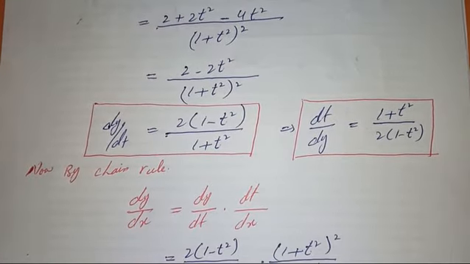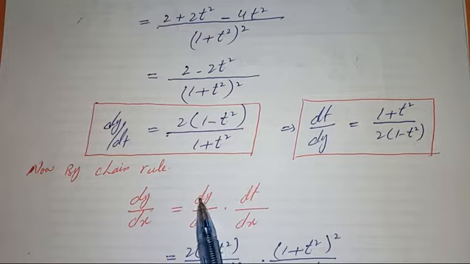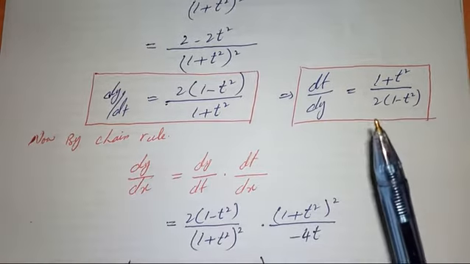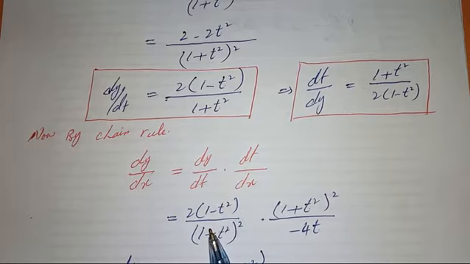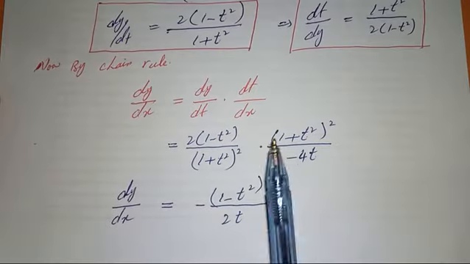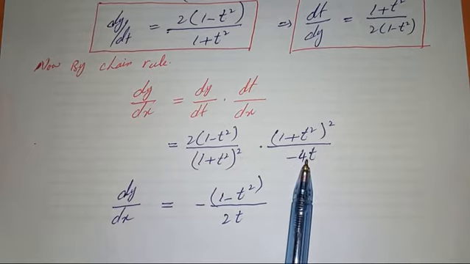Okay, so now by applying chain rule, dy over dx is equal to dy over dt into dt over dx. Now dy over dt we have calculated right now, that is 2 into 1 minus t square over 1 plus t square. Okay girls, while dt over dx, this one we have calculated in the last steps, its value is 1 plus t square whole square over minus 4t. So after simplification,